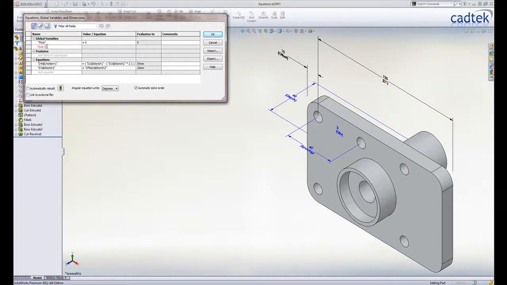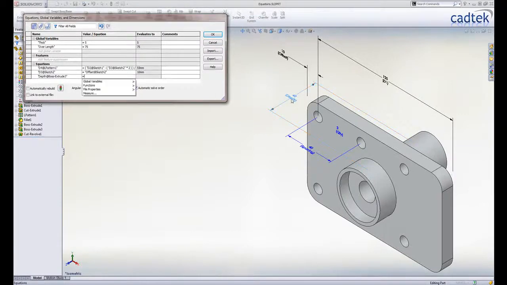Creating equations is easy as well. Let's start with a simple global variable called overall length. To assign the variable to a global variable, simply type the name of the dimension and the global variable has been created. To build more complex equations, you can still grab dimensions out of the graphics area and associate them